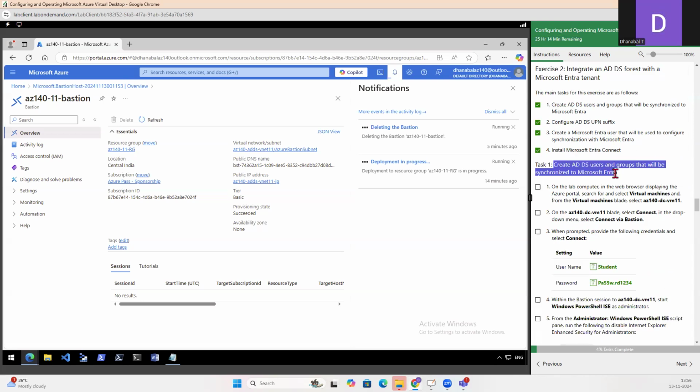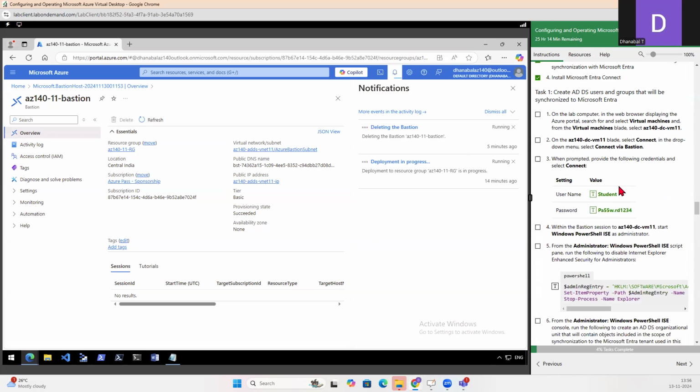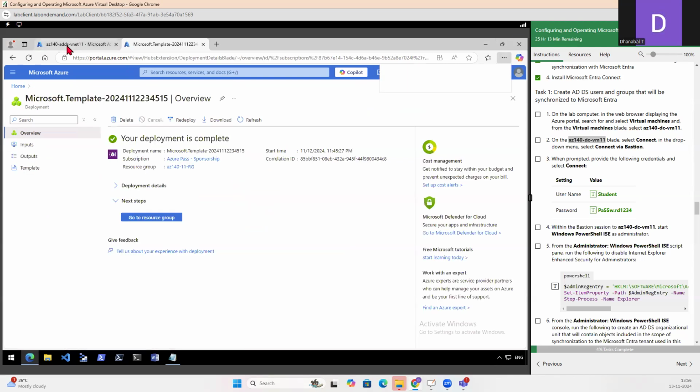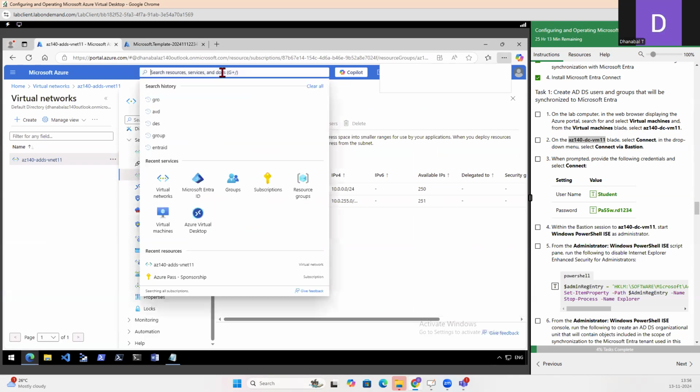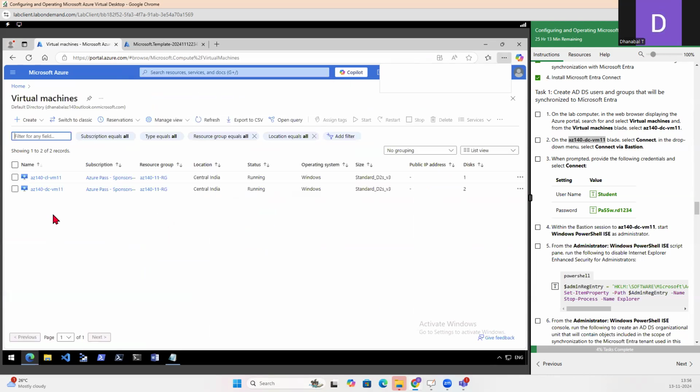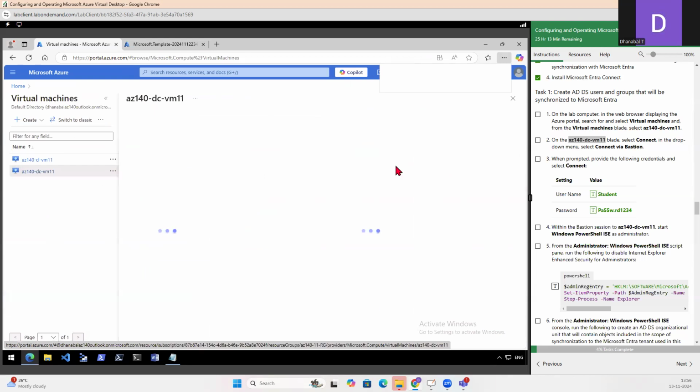Let's first create an ADDS user group that has to be synchronized to the Entra ID. For that, maybe in the last session, we deleted the Bastion host. It is still under deletion, but we are not going to use the Bastion host to connect to this DC machine. I'm here. The other VM, the client machine, is also created. I can close this and go to virtual machines. I'll be having two VMs. Let me connect to this DC VM